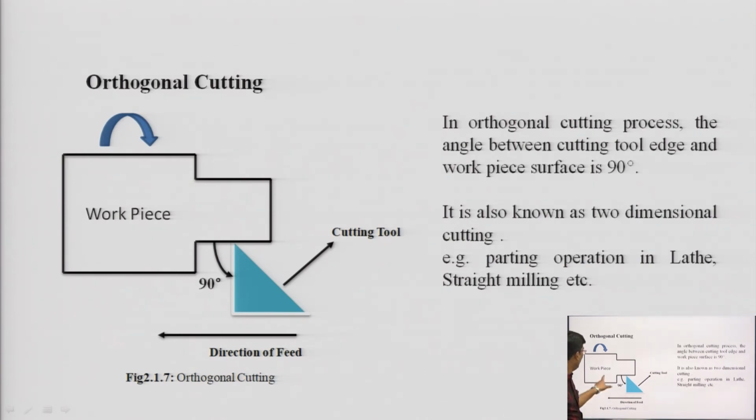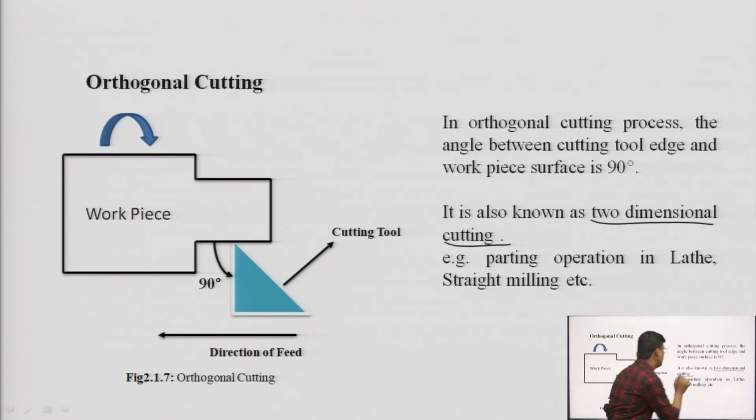ठीक है, ऑर्थोगोनल कटिंग एंड ऑब्लिक कटिंग में हम बात करेंगे। दिस इज अ वर्क पीस, व्हेन कटिंग टूल मेक कॉन्टेक्ट विद द वर्क पीस सरफेस इज 90 डिग्री, इन दोनों के बीच में अगर एंगल 90 डिग्री का है, दिस इज नोन एज अ ऑर्थोगोनल कटिंग। इट इज ऑल्सो नोन एज अ 2 डायमेंशनल कटिंग, और मोस्टली जो यूज़ होता है हमारे यहाँ यही होता है। इसी ऑर्थोगोनल कटिंग पे हम डिस्कस करते हैं। जो आपके जितने भी एनालिसिस होते हैं मोस्टली ऑर्थोगोनल कटिंग पे ही बात होती है।